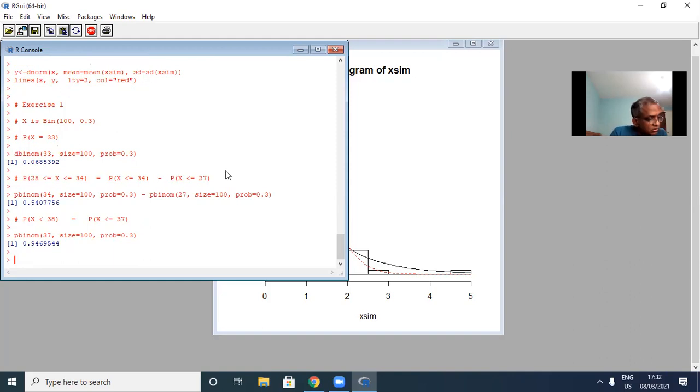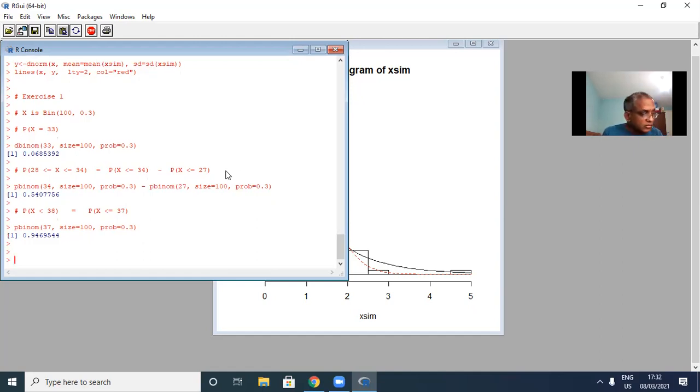The second part of question 1 talks about normal approximation, but I did not cover that in the class, so I will skip that. I will not ask you any question on normal approximation in the test, sorry, in the exam or anything like that, so don't worry. So I will move on to the next exercise,